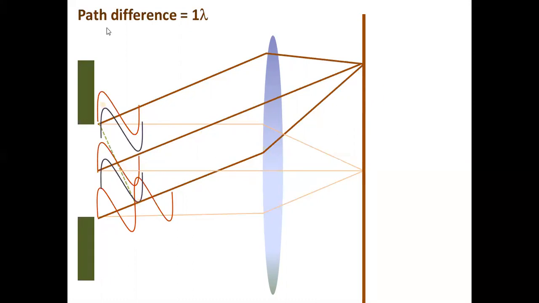A sin theta equal to n lambda is very important, that path difference. I mean, if it is 1 lambda, 2 lambda, 3 lambda, 4 lambda, you can divide the whole slit into even parts. The one even part will cancel the other even part. So here you will get dark fringe. Okay. Now we will go to the other case.